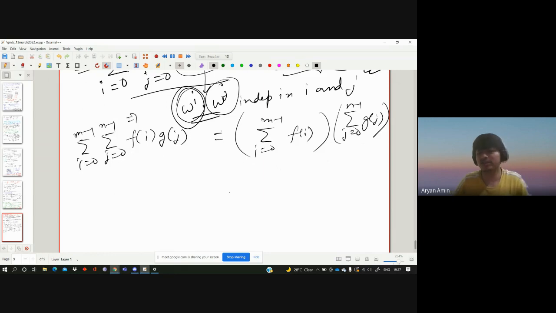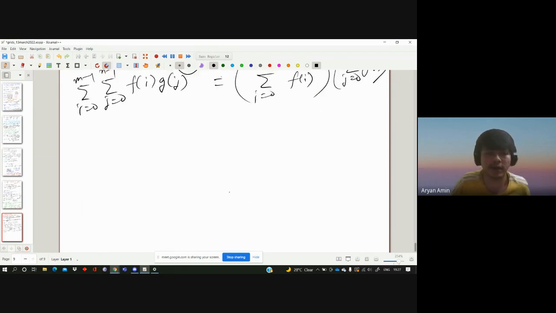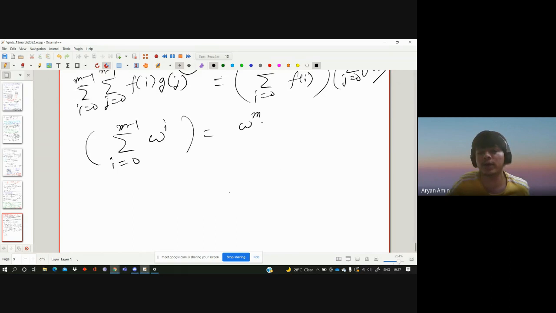So now this product is a lot easier to write, right? The sum over i equals 0 to m minus 1 of omega to the power i is just a geometric sum, right? So it will be omega to the power m minus 1 by omega minus 1, and this is going to be,